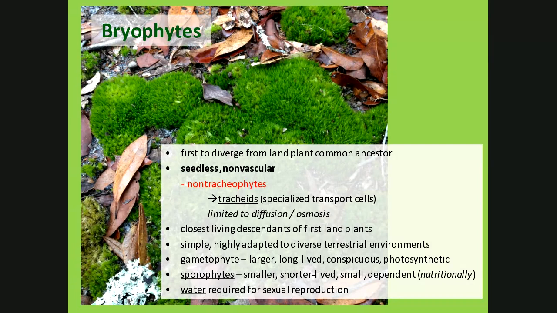You have a trachea in your neck, right? Those transport cells, the vascularization I'm talking about, you have your blood vessels, your cardiovascular system, right? Well, in plants, they have a vascular system. It's not for pumping blood, but it's for moving water, moving nutrients around. But the bryophytes don't have a vascular system. They're non-tracheophytes, non-tracheids. So that means something. And it explains why we find them where we do. And it explains why there aren't any big, huge mosses like you see in the picture behind there growing somewhere.